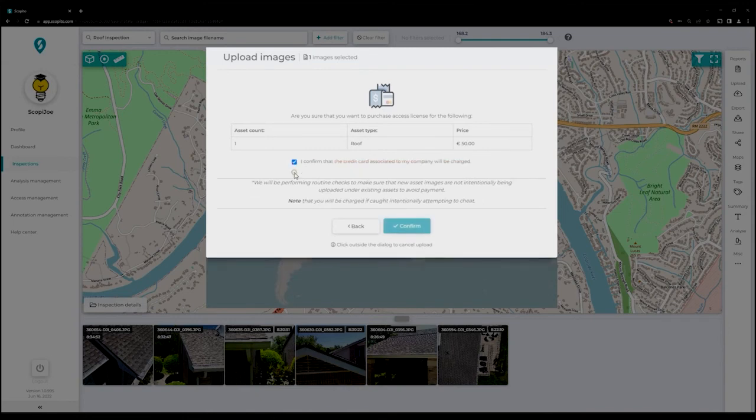Click the checkbox to confirm the credit card and press the Confirm button at the bottom of the panel to